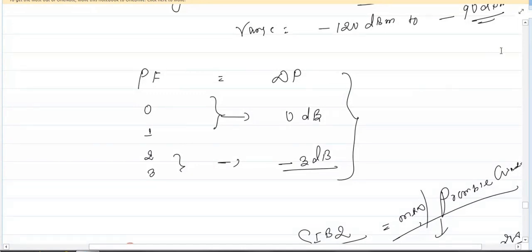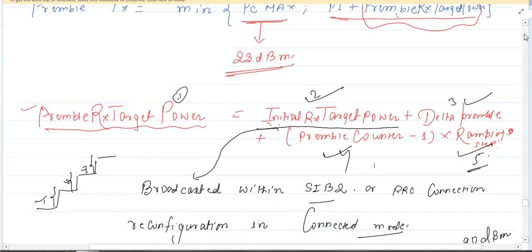Based on the preamble ID, your mobile will get the preamble format. Please पहले class revision नहीं किया तो revision करो आप लोग. So based on the preamble ID, preamble format will be selected, and then based on preamble format, automatically delta preamble value will be read. Then next parameter is a preamble counter, means how many times you are sending the Rach